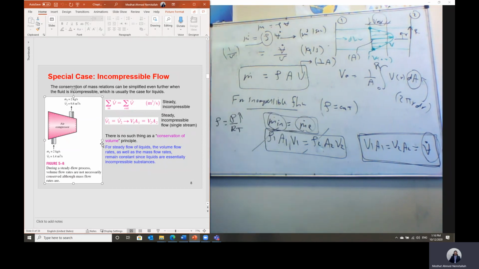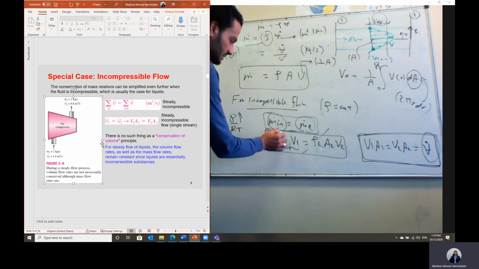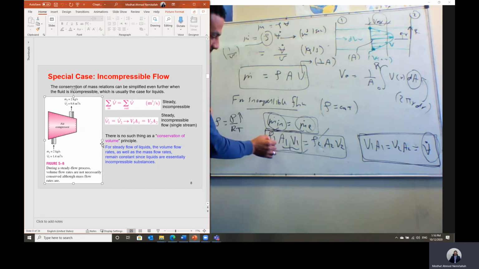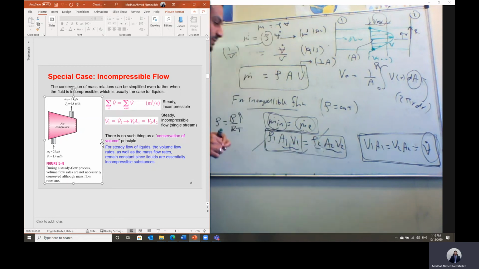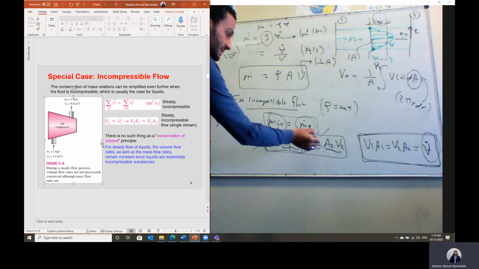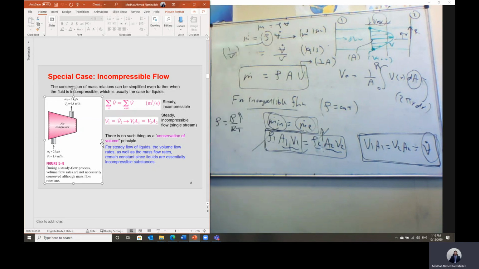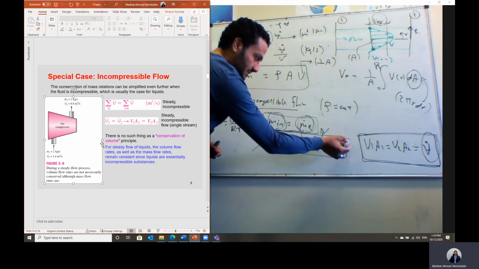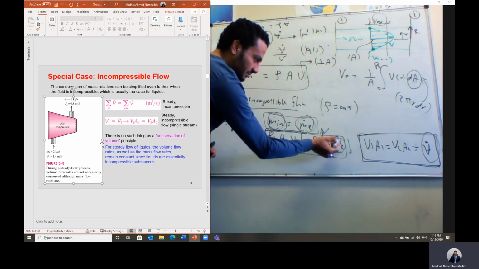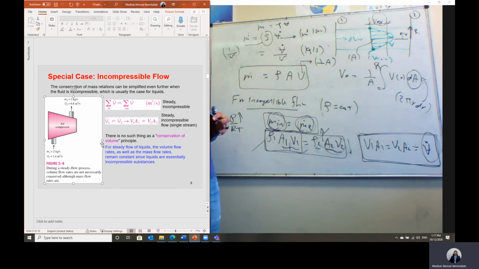At inlet it is the same as outlet, and this is the volumetric flow rate. Here, the density multiplied by the volumetric flow rate at inlet is the same as the density multiplied by the volumetric flow rate at outlet. But the density at the outlet section has been raised. That means to keep the mass flow rate constant, this term, the volumetric flow rate, area times velocity, should be reduced in this case.